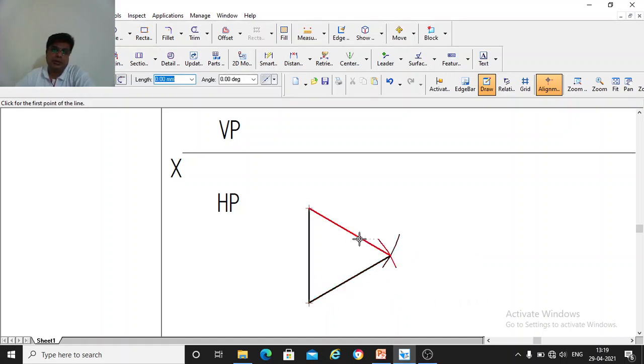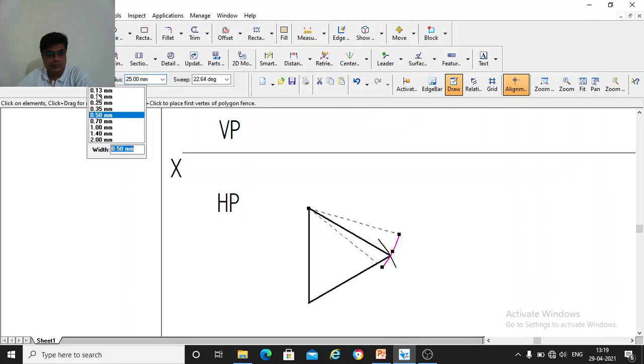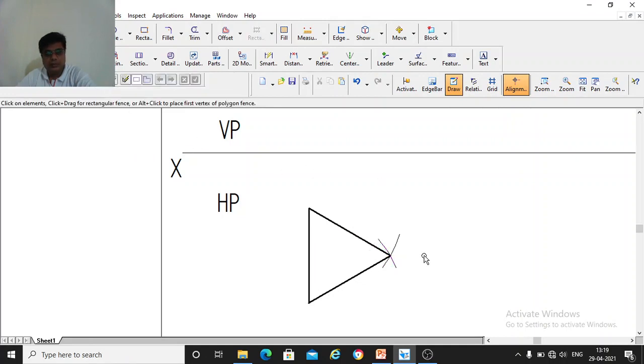It should be thick and dark, whereas the arcs should be thin and light. You can see here the arcs are thin and light and the edges are thick and dark.